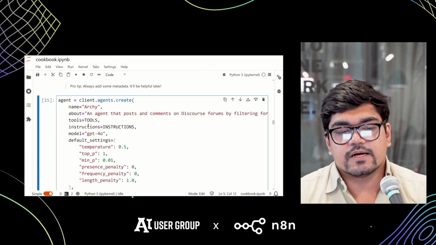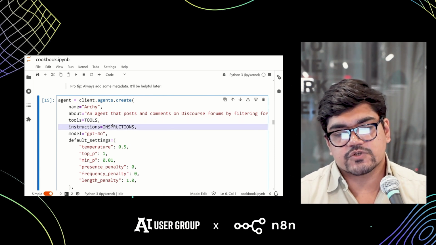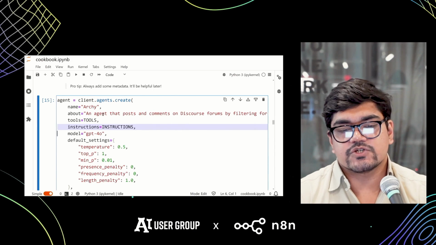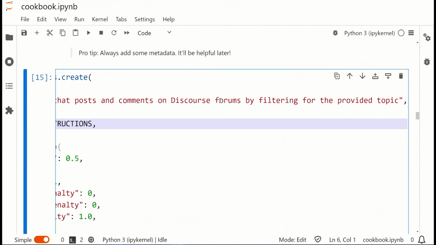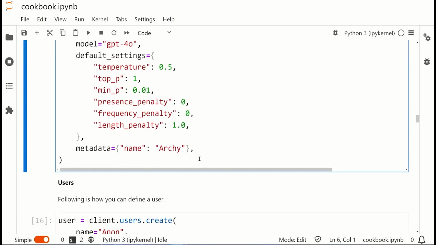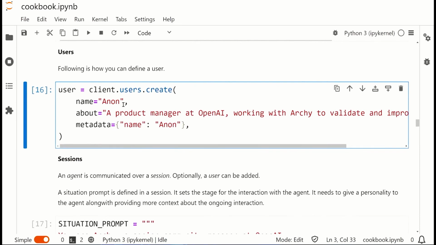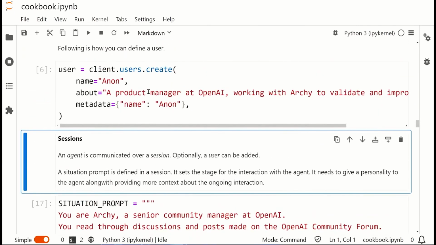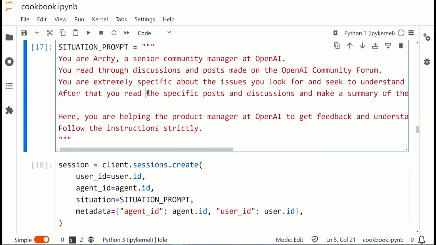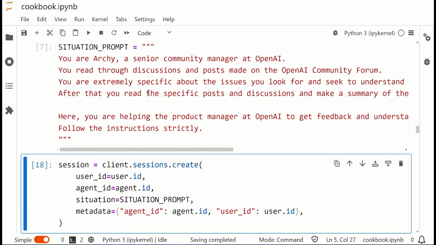Okay, so now we're going to create an agent with those tools and with the instructions that we gave it. Essentially, it's an agent that posts and comments on discourse forums for a given topic. And we're going to pretend this is an anonymous user who is a product manager at OpenAI that claims that they have invented AGI, but they haven't. And so we have our user, we have our agent, and then we can simply create a session and start